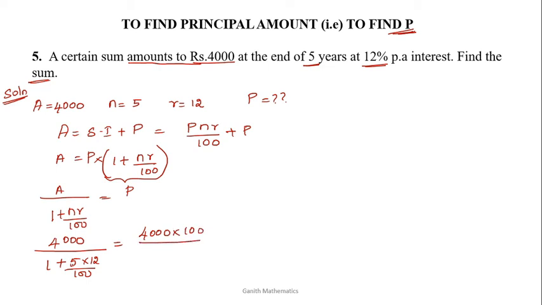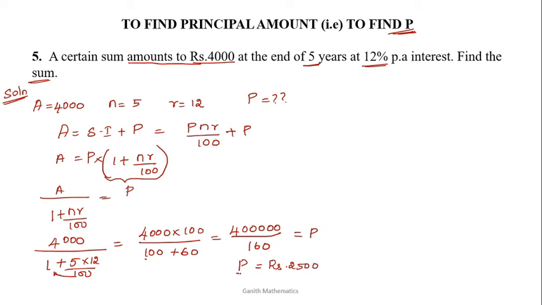I am taking LCM. 100 into 1 will be 100. Right? 100 plus 5 12s are 60. So there will be a 100 in the denominator. I just multiply with the numerator. So it will be 4 lakh divided by 1000 and 160. This is your P. Your P value is, if you divide these two values, you'll get rupees